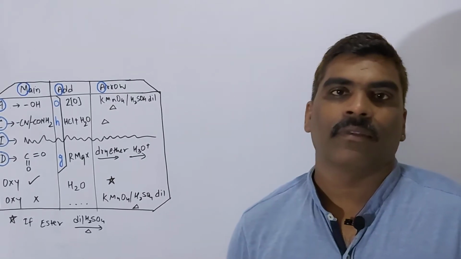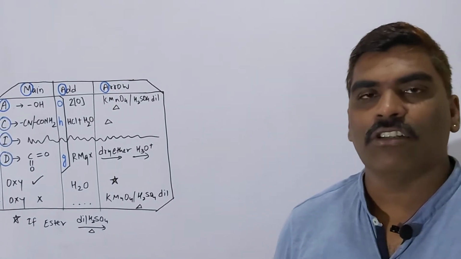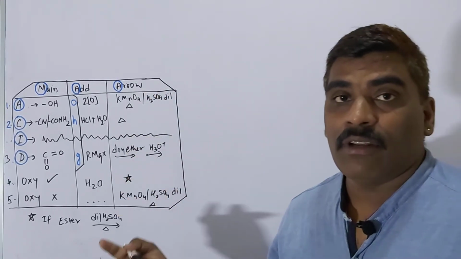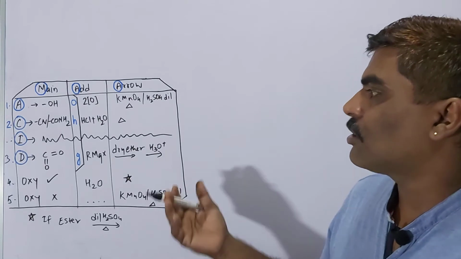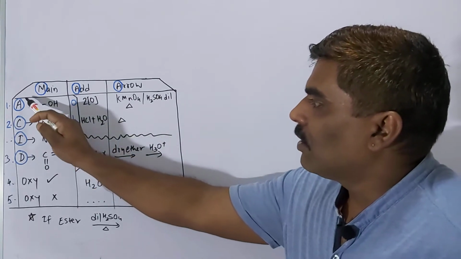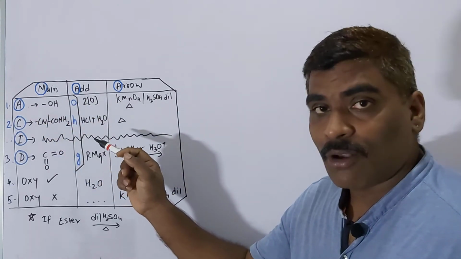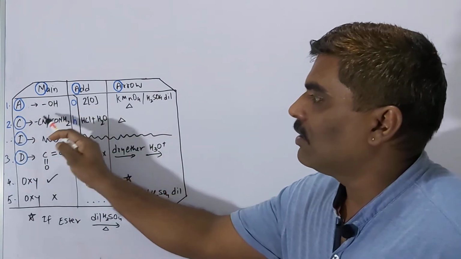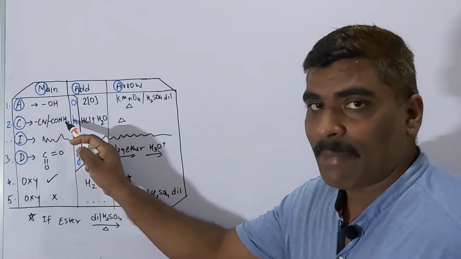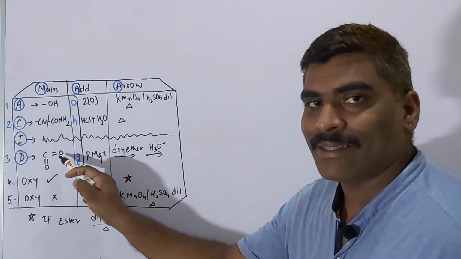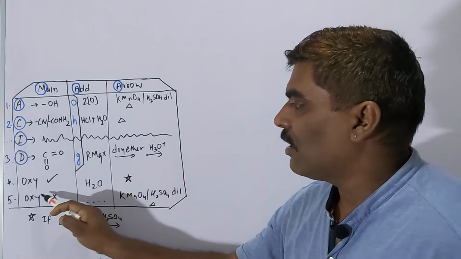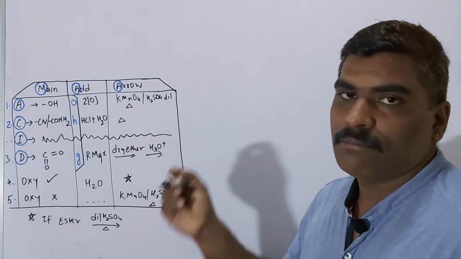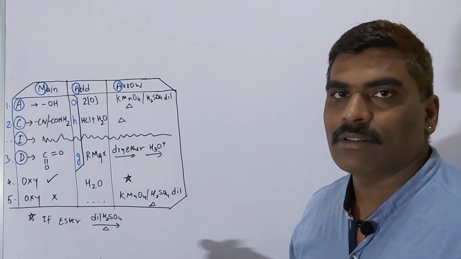Hello everyone. Today we'll see preparation of carboxylic acid, and for that the table is already given in the previous class, but then also we'll see how we want to prepare carboxylic acid. So acid: A for alcohol, C for cyanide amide, D for dry ice. Oxygen is there, oxygen is not there. That you'll understand when we start our question answer.